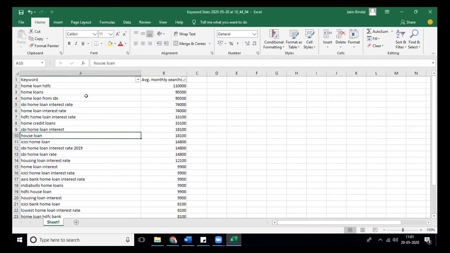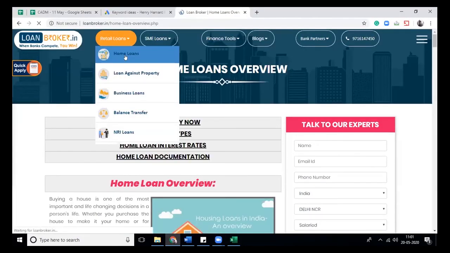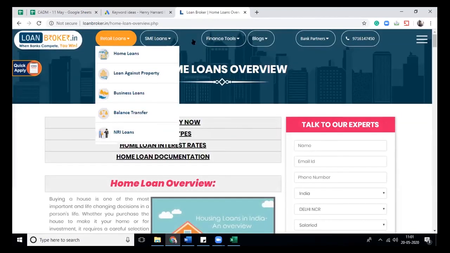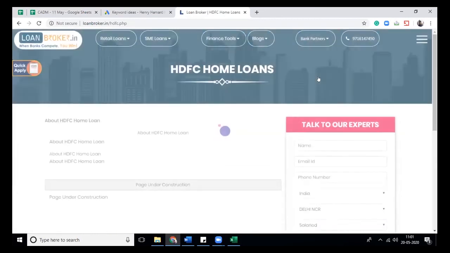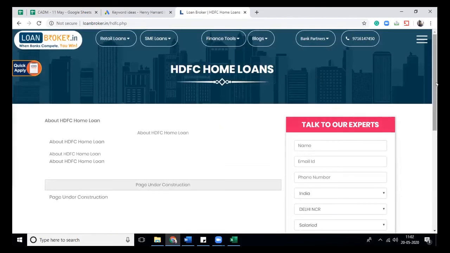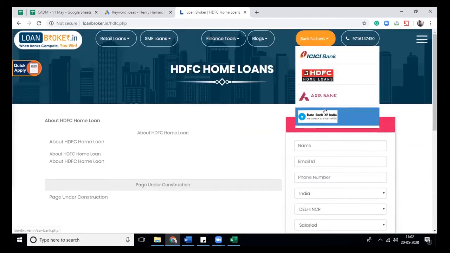One by one you have to identify which keywords are relevant for you. Now, if I'm looking at your website, it says there is home loan. Another page is your partner bank, where I see HDFC home loan. This is under making, but you can open Axis Bank, banking partner Axis.